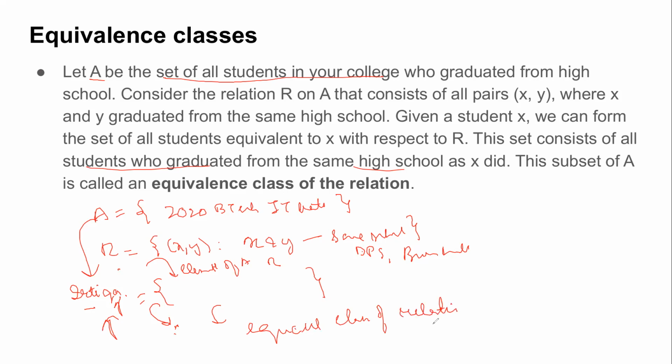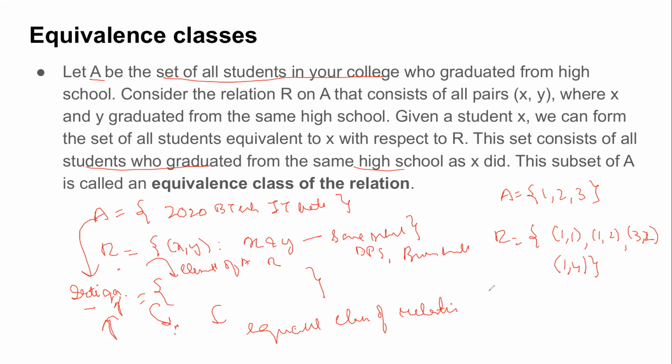So what is an equivalence class? For an equivalence class, you require two things. One is you need to define a set, then you need to define a relation. Then you need to pick up one element from it, and then tell all possible elements of the set A which are related to this element via the relation R, right? If I give you an example, suppose I have a set A 1 comma 2 comma 3, and I have a relation say 1 comma 1, 1 comma 2, 3 comma 1, 1 comma 4, maybe 3 comma 2, right?